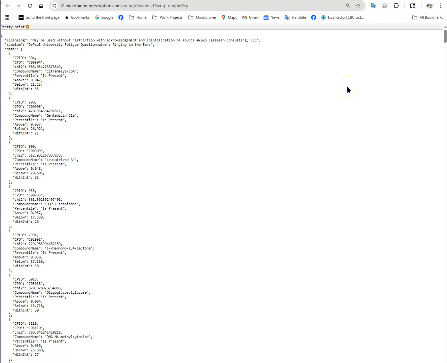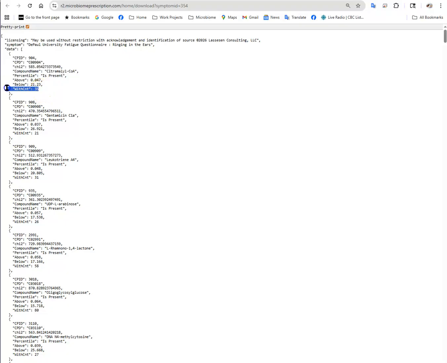This is proprietary data, but it may be used as long as you acknowledge it. And there's a copyright by my consulting company on this one. And then we have the name of the symptom, ringing in the ear, and then we have the metabolite information, CPID, etc. We have the percentile, where the threshold is, the above and below,